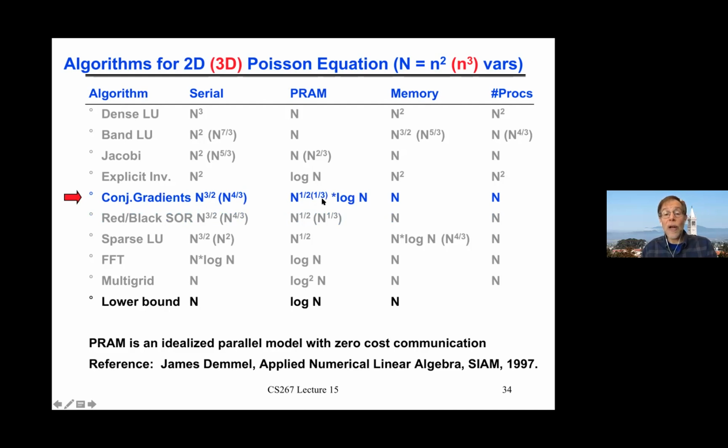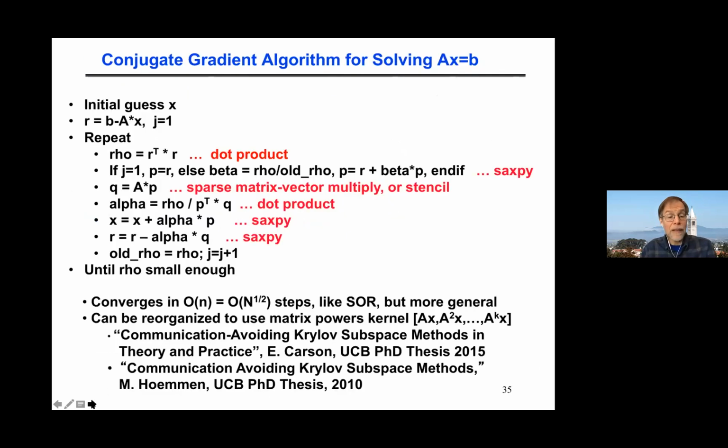It's a little bit slower in this idealized PRAM model, just by a factor of log n. But it's much more general in the sense that it applies to very general sets of linear equations. All they have to do is be symmetric and positive definite, and you get very good convergence behavior. So I'm not going to say too much about it. There'll be a later lecture on sparse matrices where it may come up again. So I'm just going to put it here on one slide,